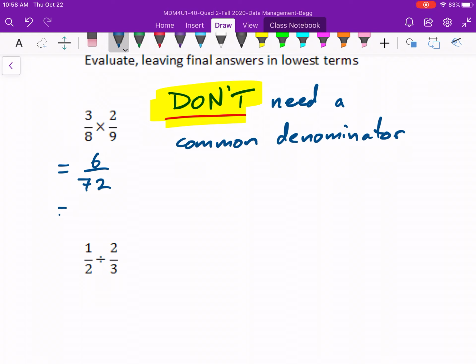And 6 goes into both 6 and 72. Goes into 6 one time and into 72 12 times. But here's a better way to do it. So there's nothing wrong with this, except for the fact that sometimes we'll get big numbers doing it this way. So another way to do it, a better way,